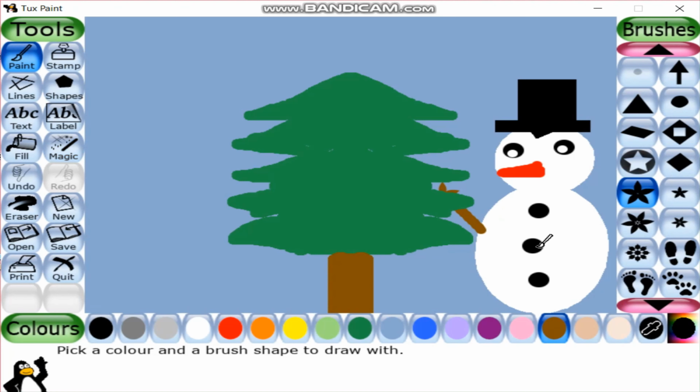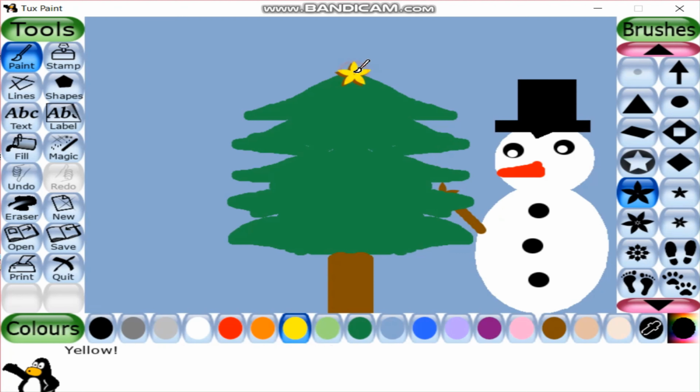Using the paint tool along with the various options provided in the selector, I am decorating the Xmas tree.